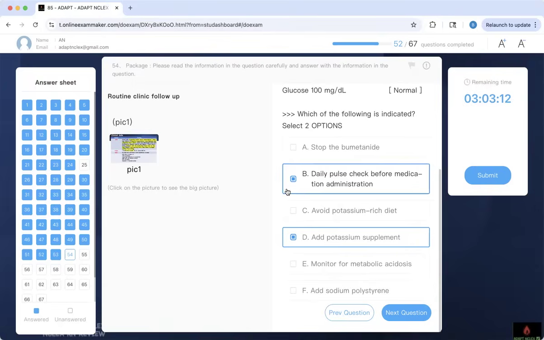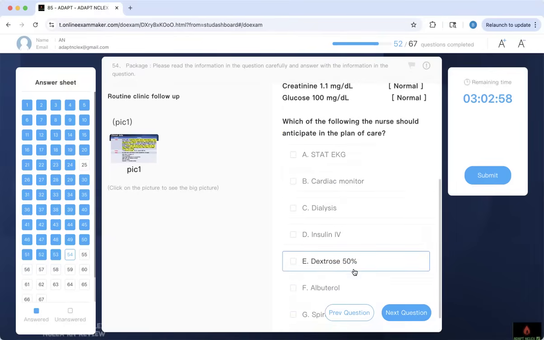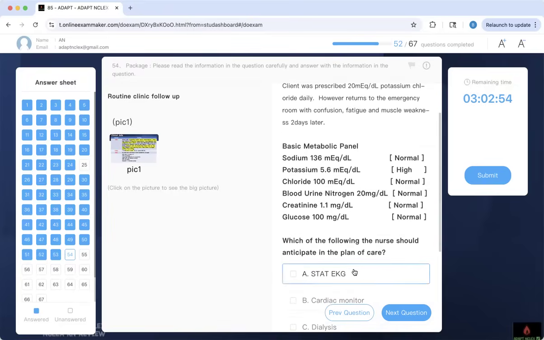And then I give them sodium polystyrene. It's going to lower the potassium. So that is not expected. So this is what we're going to do. Check the pulse because of the digoxin and give them potassium supplement. Now, which of the following should the nurse anticipate in the plan of care? We know we have hypo,